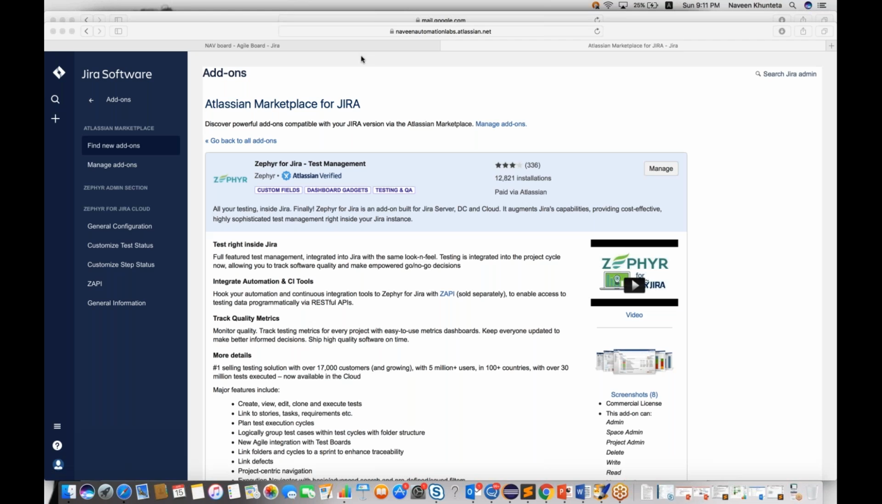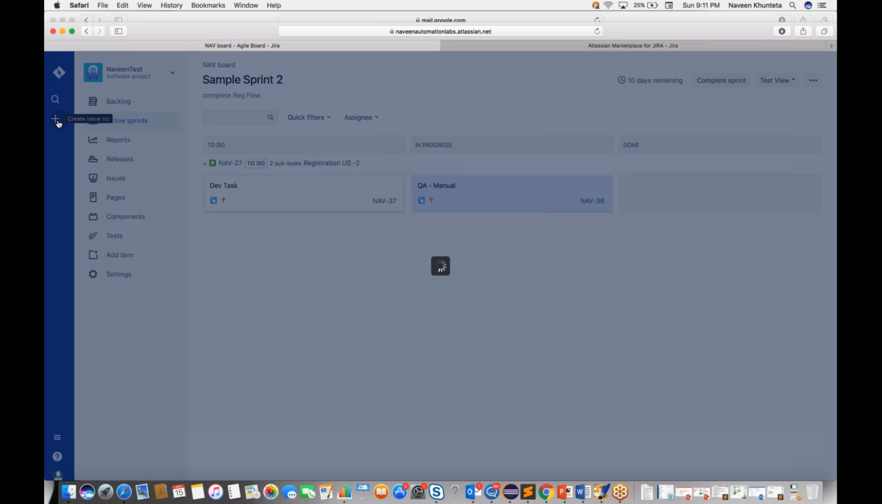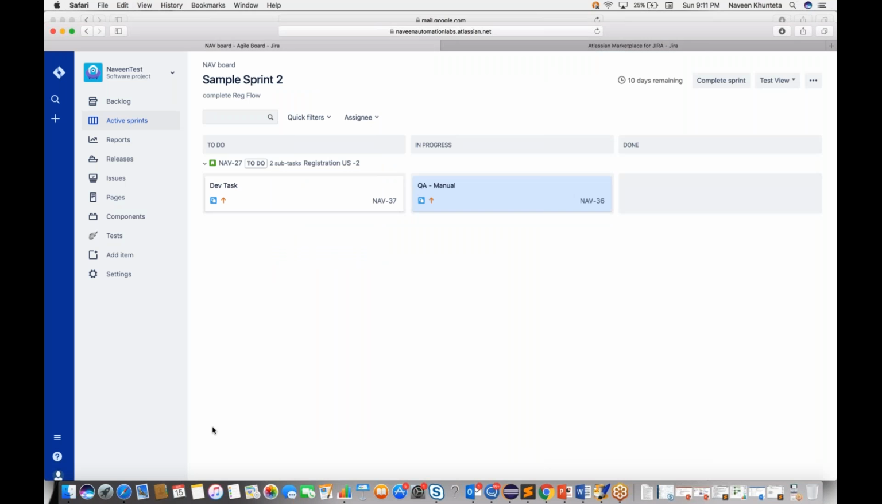What exactly you have to do, you have to click on this plus icon, and you will see the issue type. Currently I don't see any test issue type. So if you really want to create test cases over here, because in the trial version they don't show the default test over here, what you have to do, one more thing,